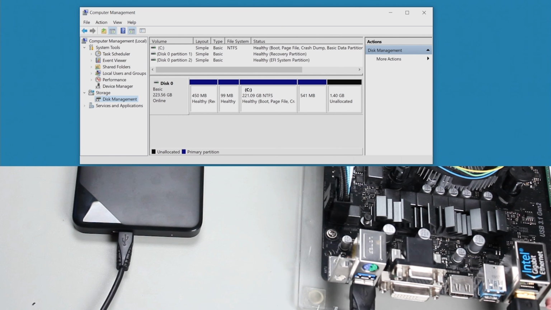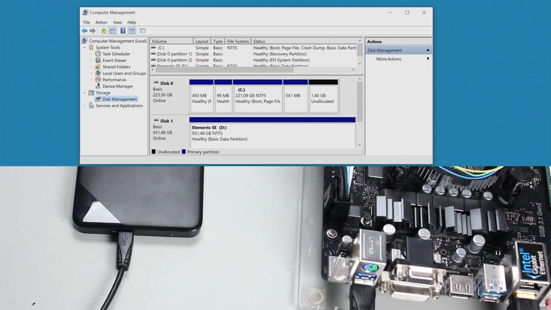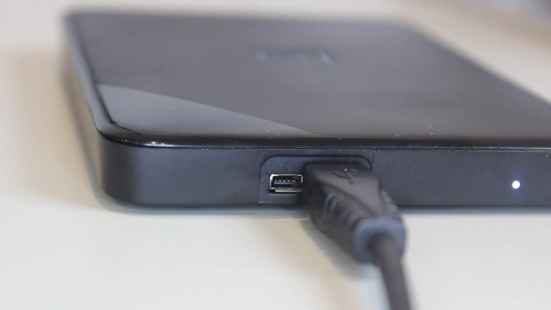USB 3 provides more power than USB 2 does, so if you find that the device works with USB 3 but not with USB 2, it may be that it requires more power than USB 2 can provide. When I look at the hard disk, you will notice that only half the connector is being used, the USB 2 half. Thus, this hard disk will only run at USB 2 speed, and therefore you should always use the USB 3 cable to get the best performance out of the hard disk.